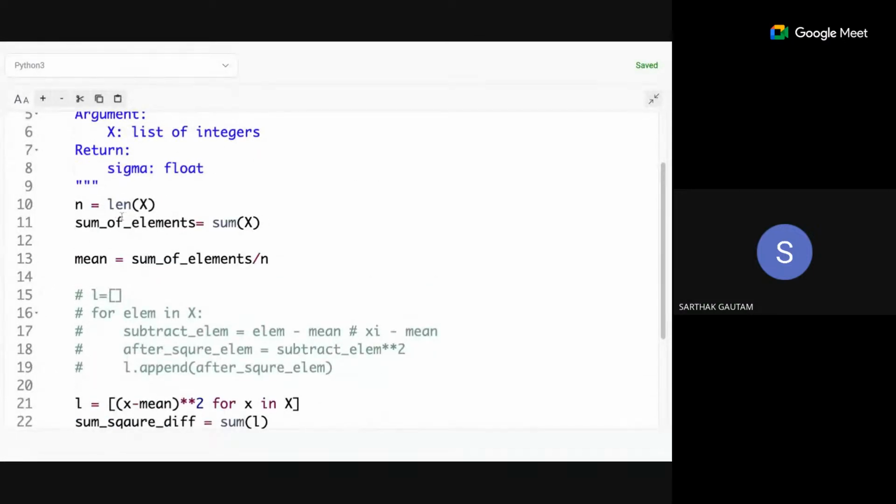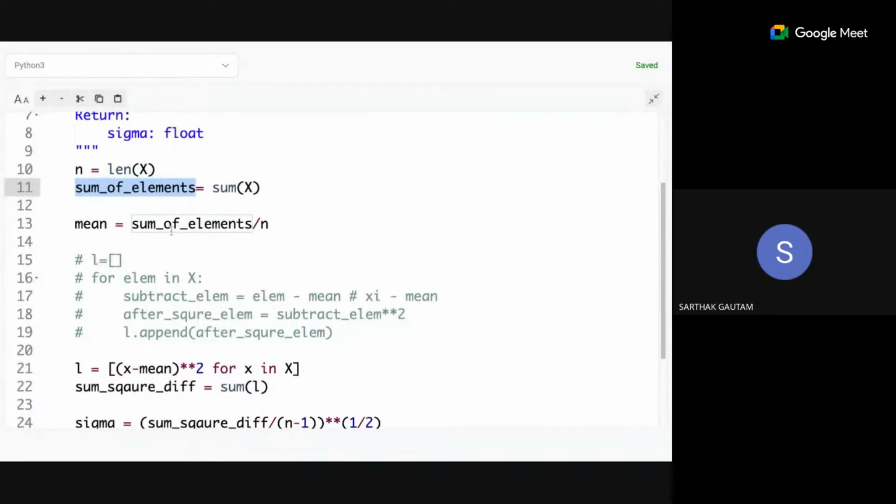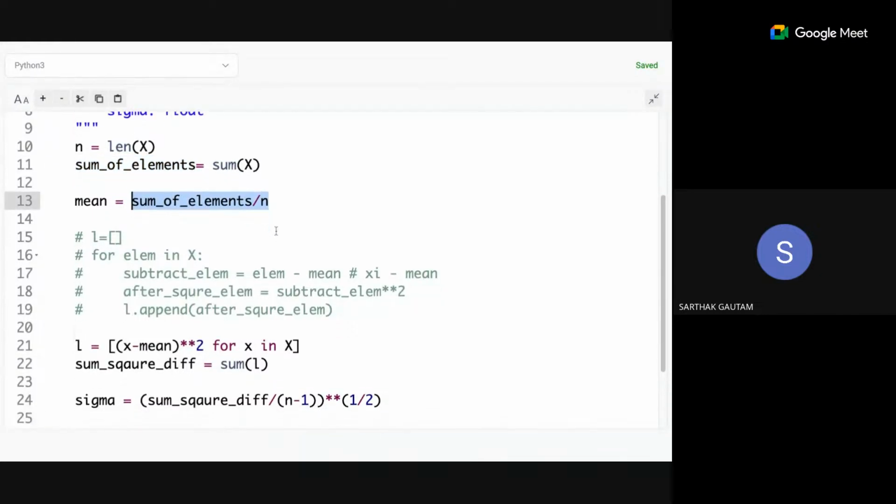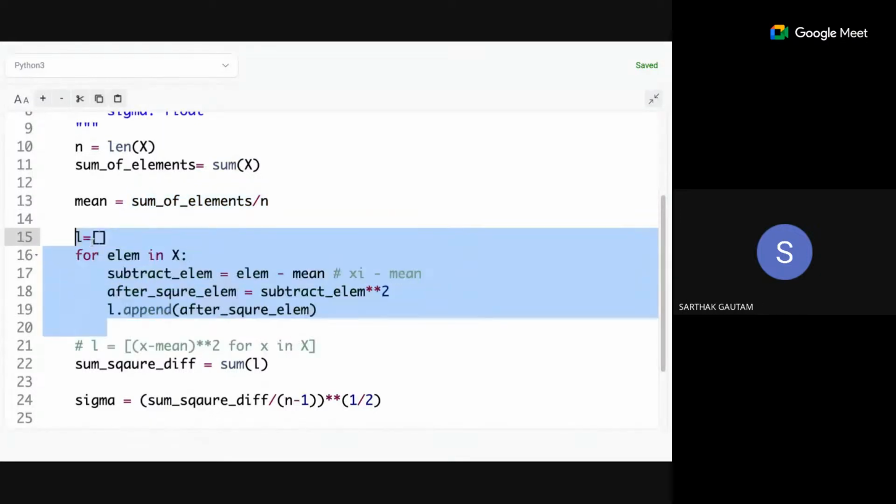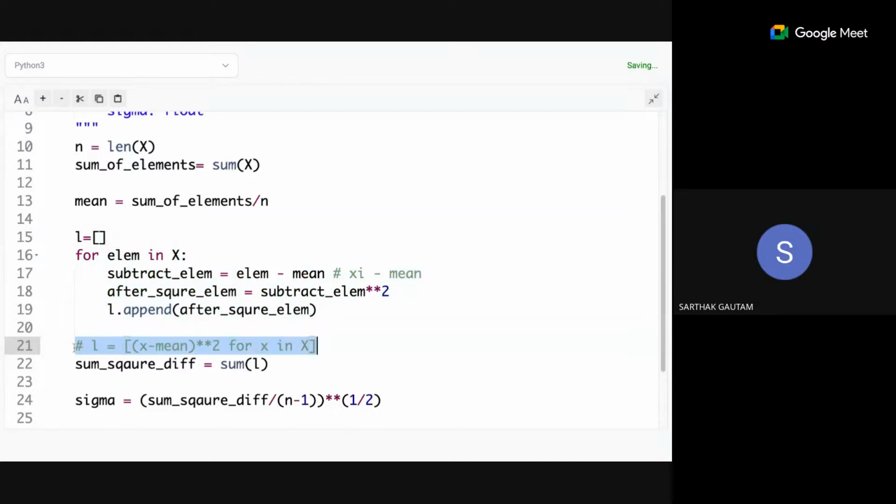So how will we find the mean? We'll use the length of x to find the number of elements, and the sum of elements we'll find using a built-in function, namely sum, in Python. And the mean is the sum of elements divided by n. Now let's just comment this thing and comment this thing. Just ignore this comment. This is just a list comprehension way, a cool way to write code. Nothing to worry about. It kind of saves some space in memory, but we can totally do it using a complete